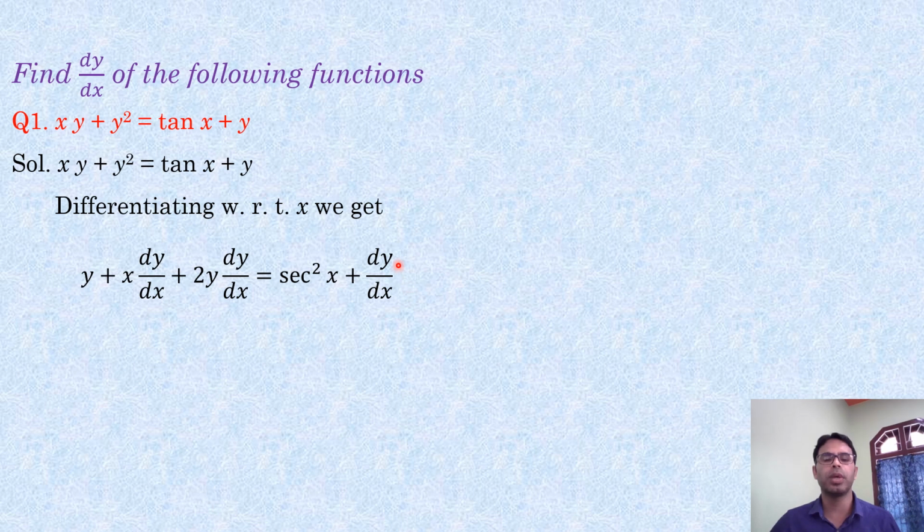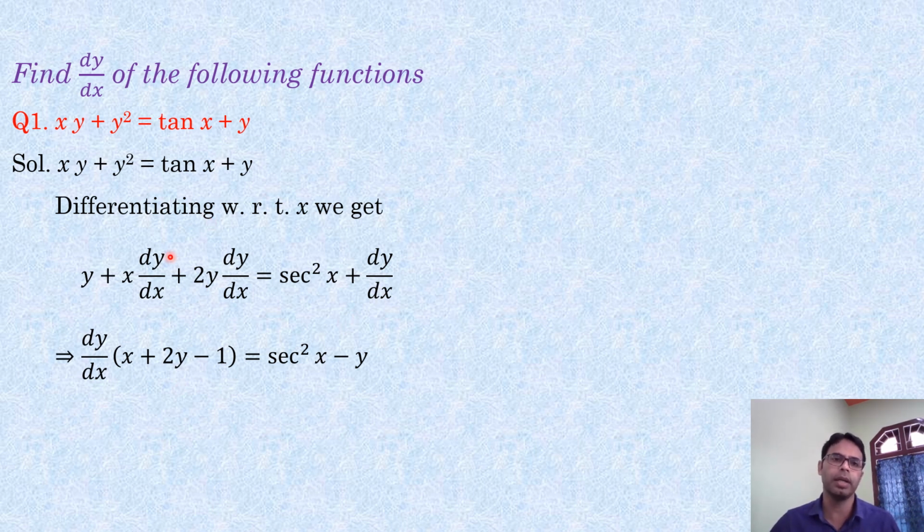Now the method is to collect all terms involving dy/dx in the left hand side, that is this term and this term, and the terms free from dy/dx should be kept in the right hand side. So you see, dy/dx whole into, I am taking common in the same line, dy/dx. Here x will be there, here 2y will be there, and this dy/dx